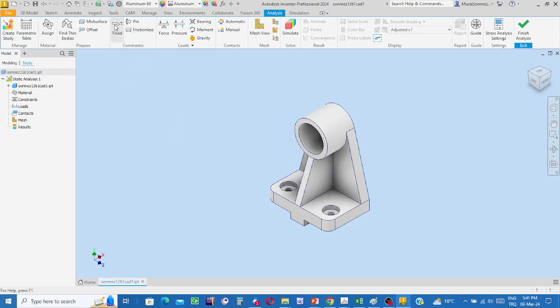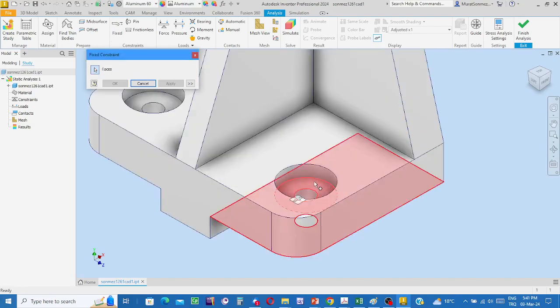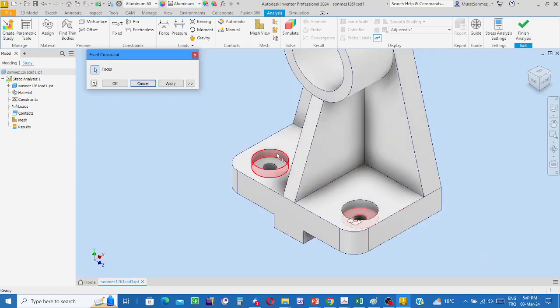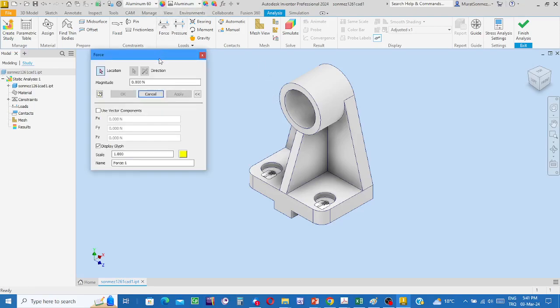Boundary conditions. Click on this button and then say that on this surface we have a force system, and here and there the object is fixedly connected. Okay. Onto this surface, a pushing force is applied by the shoulder of the shaft. Okay, click on this button, and then the magnitude of that force is